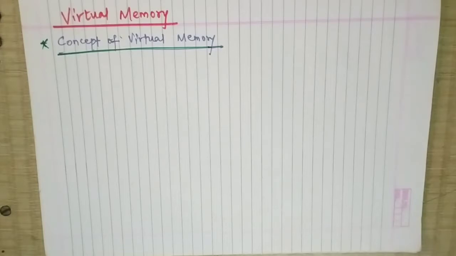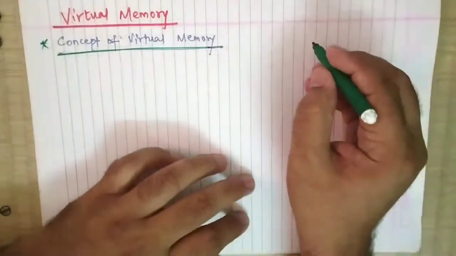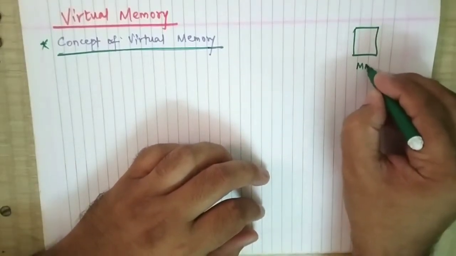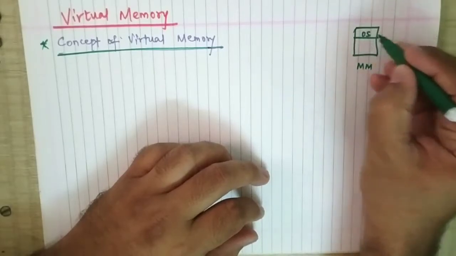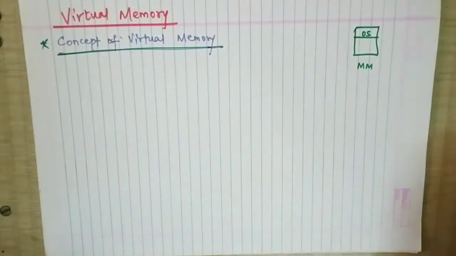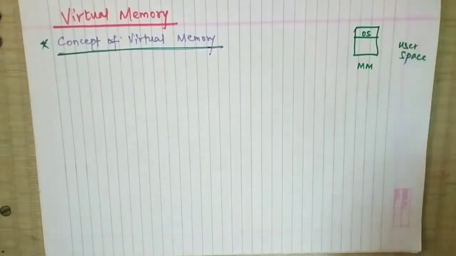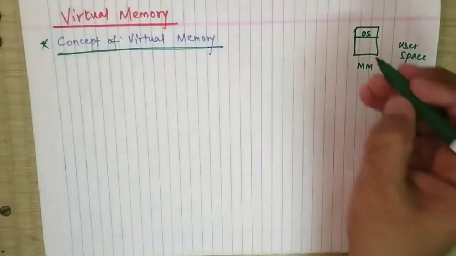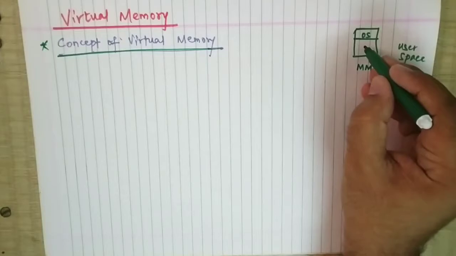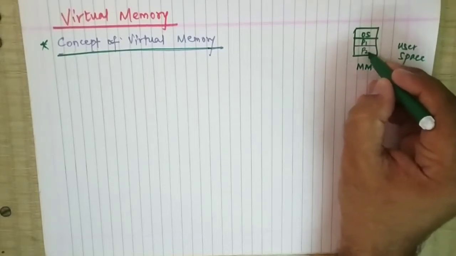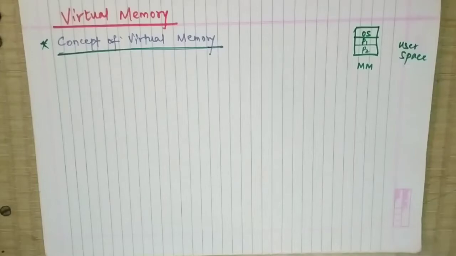with other processes also. When any process comes for execution, as you know, if this is your main memory, this main memory is divided into two parts. One is given for the OS and the second is given for the user space, as we have already seen in the previous video lectures. In this user space, all the processes are managed. Process 1 will come first and be placed at the first location, then process 2 and so on. This arrangement requires some algorithm, some technique that we have already seen.